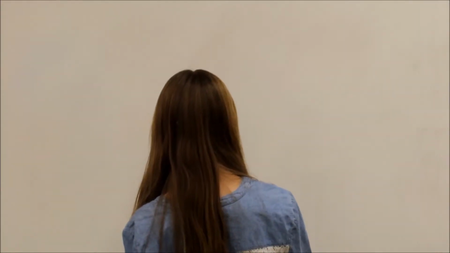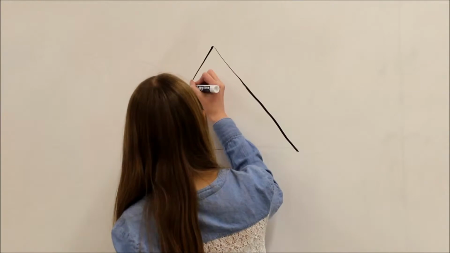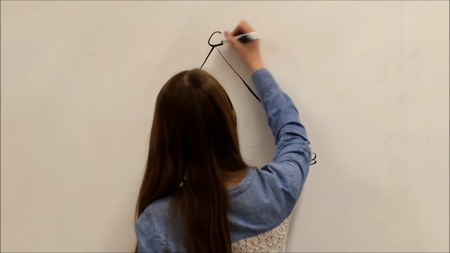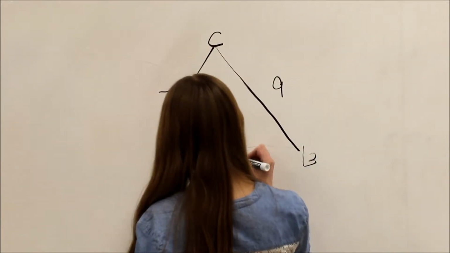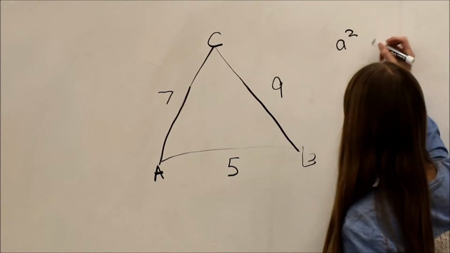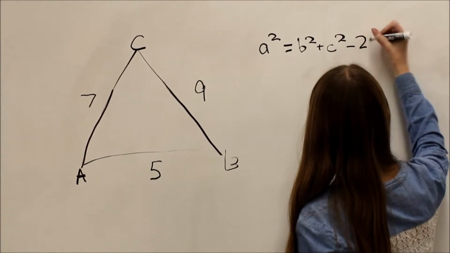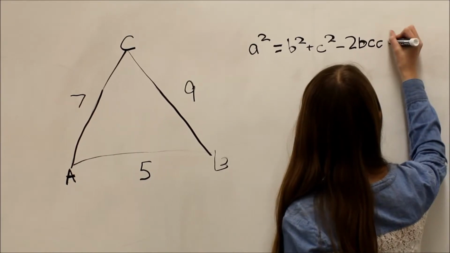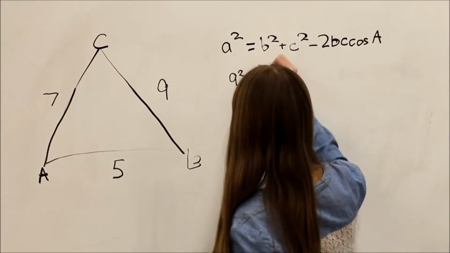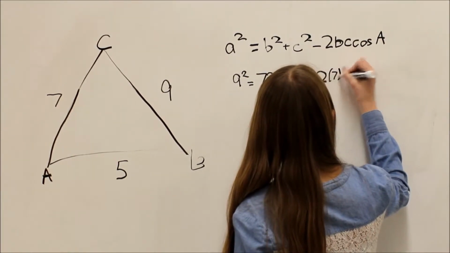So for triangle ABC, where A equals 9, B equals 7, and C equals 5, then for angle A, you would use A squared equals B squared plus C squared minus 2BC cosine A, and so 9 squared equals 7 squared plus 5 squared minus 2 times 7 times 5